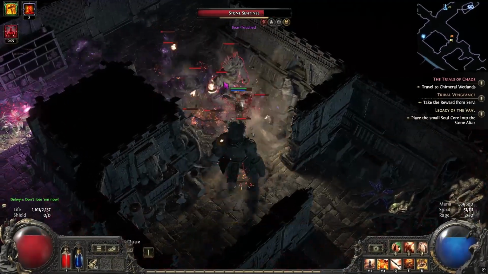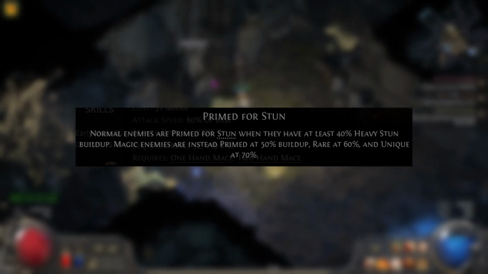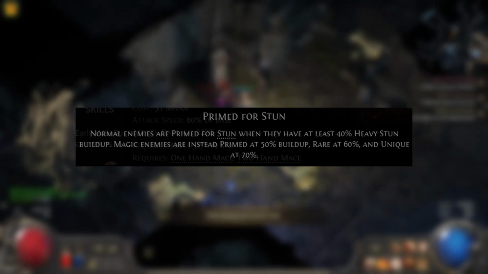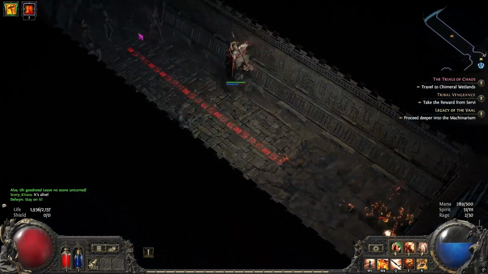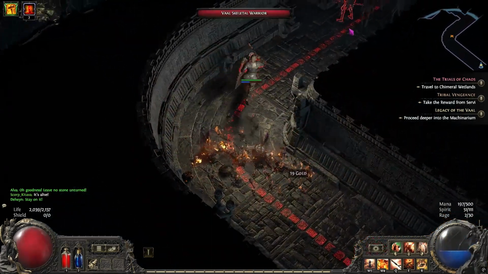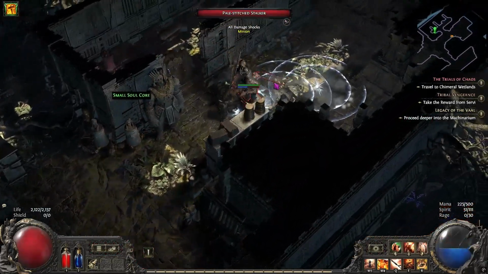Boneshatter is a strike that will cause heavy stun on enemies that are primed for stun. If you don't know what primed for stun is, it's this right here. Normal enemies are primed for stun when they have at least 40% heavy stun buildup. Magic enemies are at 50%, rares at 60%, and uniques at 70%. And Leap Slam, the way that we have the stun buildup, it means that every single time you land, almost everything around you is going to get hit by primed for stun, which then you use Boneshatter to completely destroy